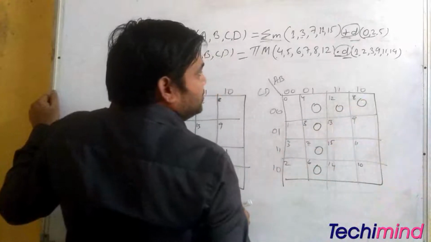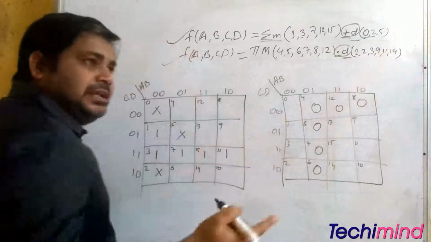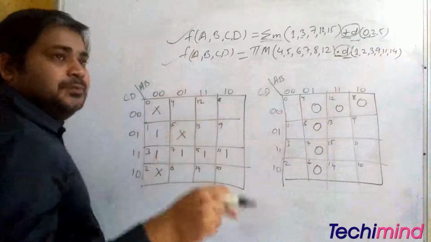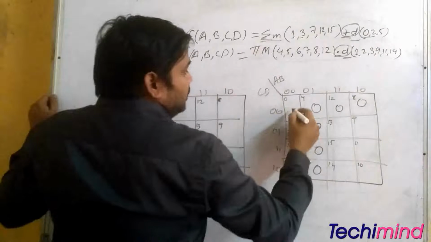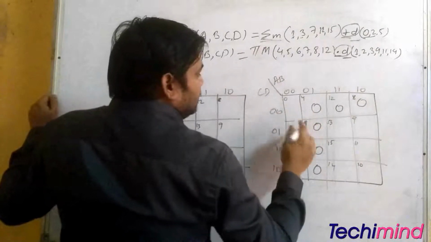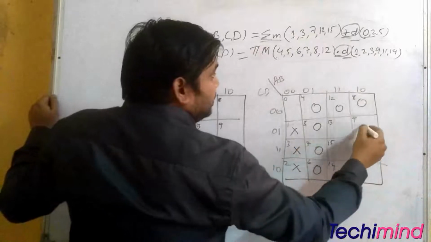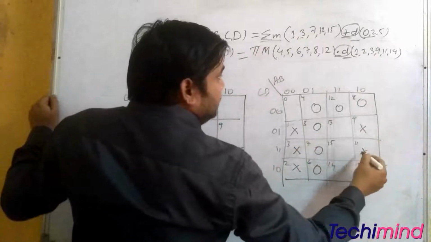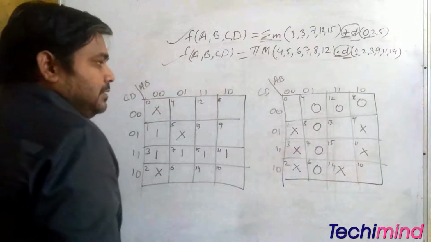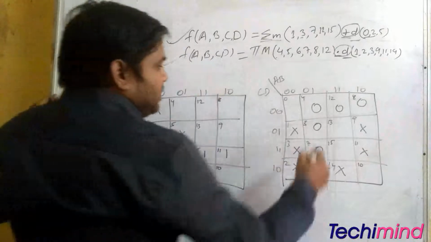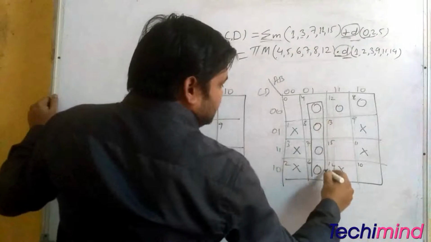We have some don't care condition also. Don't care condition 1, 2, 3, 9, 11 and 14. Similarly, in don't care condition there is nothing different: we put a cross sign in SOP as well as in POS term. So now try to make adjacency, combine the adjacent cells.